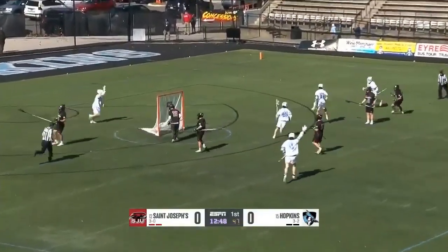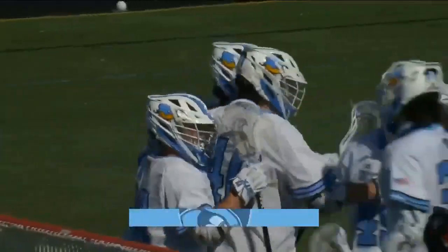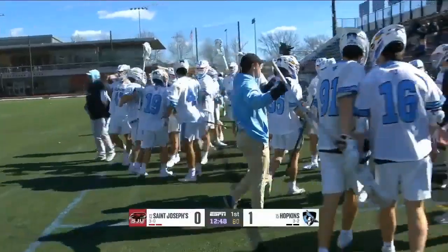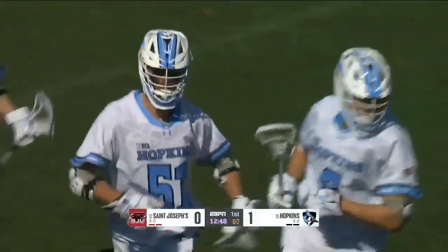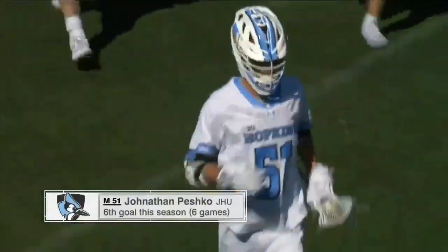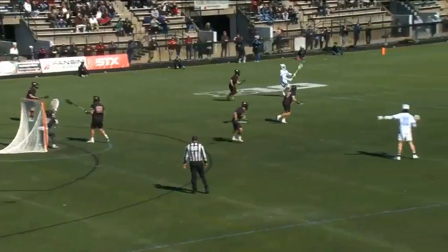Peshko with the hammer on the run. Jonathan Peshko delivers the heat past starting goaltender Scott McMillan for St. Joe's, and the turnover leads to the first score of the game for the Blue Jays. The band gets to belt it out early. Hopkins second midfield today. Peshko